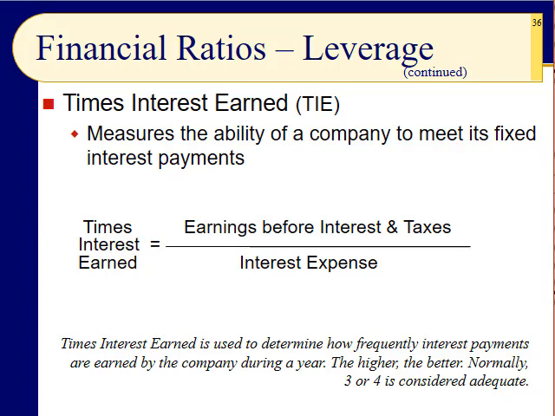Well, that was typical for Ford the last several years. It was sometimes upwards of 6. But now, because their earnings have just fallen off a cliff and are probably going to go negative this year, what you find is the times interest earned is only 0.3. So they've only earned this year